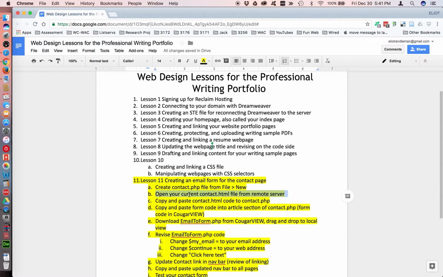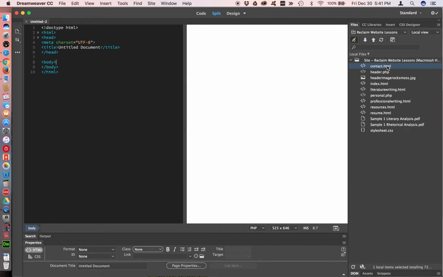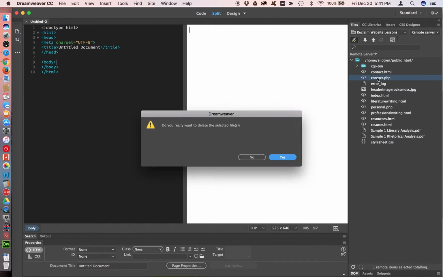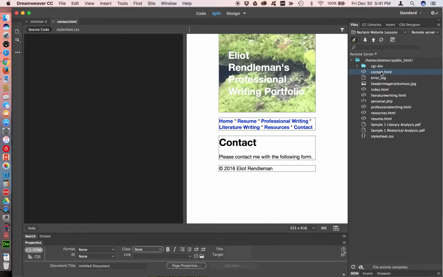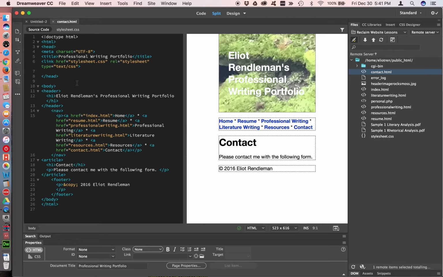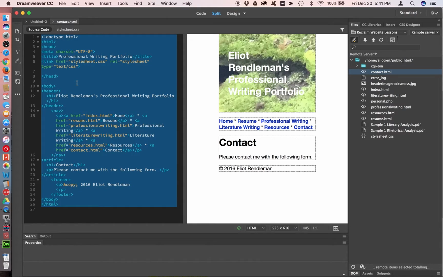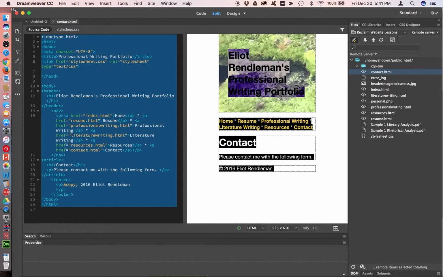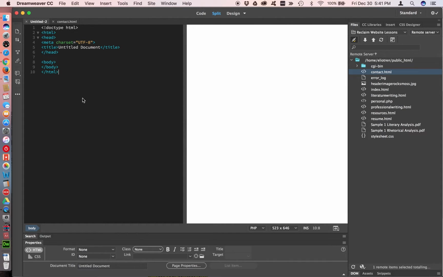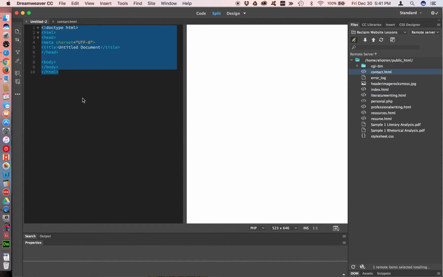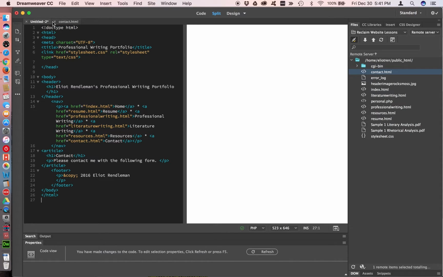Now open the current contact file, which is an HTML or hypertext markup language file. Do this from Remote Server View. In the code side, I'm going to click my cursor anywhere. I'm going to use Command A to select all, Command C to copy. Click on the Untitled tab, select all, Command V for paste. I'm now going to close Contact HTML